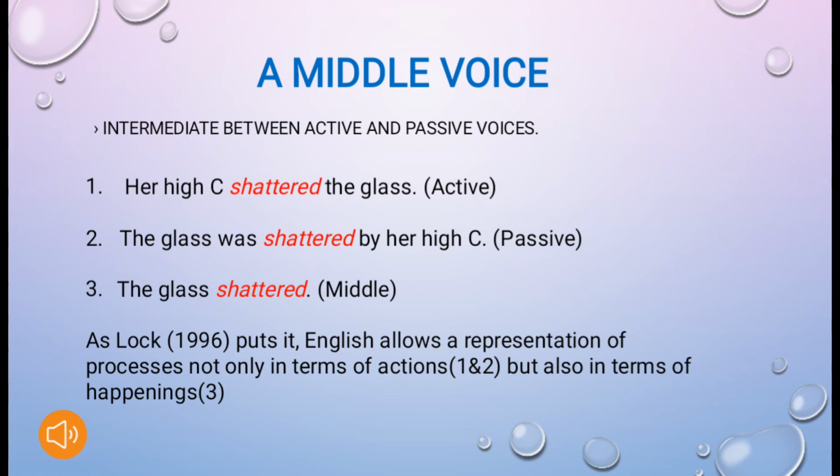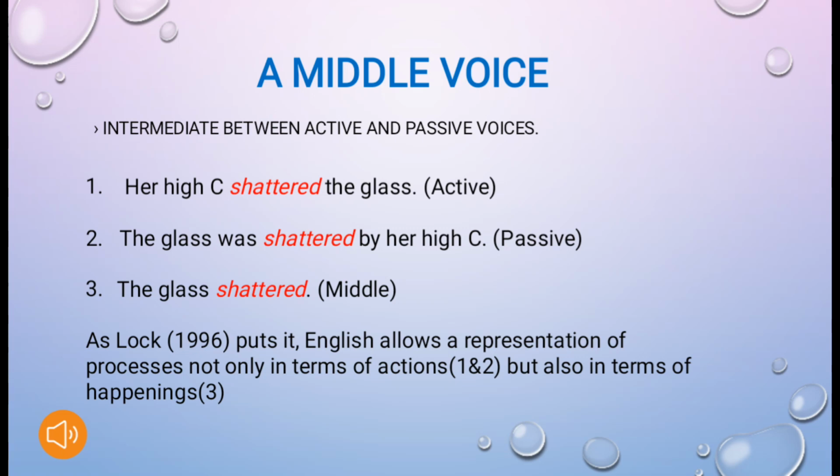So what do we mean by middle voice? It intermediates between active and passive voice. If you're going to identify whether a sentence is using the middle voice, you can clearly understand it by means of its structure, because it is simpler and it balances the use of the active and the passive. It allows the subject of a sentence to be non-adjunctive as in the passive voice, but the morphology of the verb to be in the active voice.